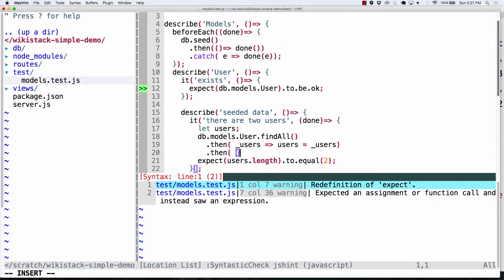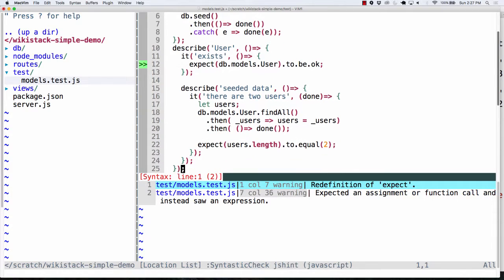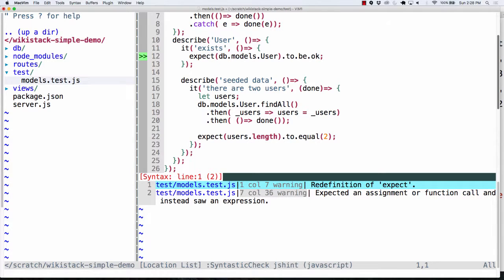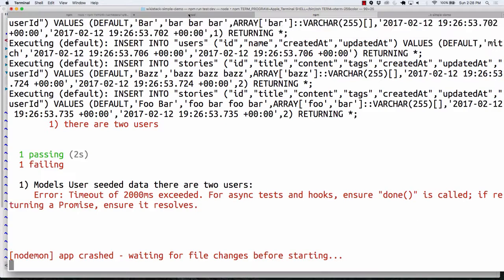And then I'll separate this out by going in here and saying, what do I expect at this point? Actually, let me do one other thing here. I'm going to put this in a before block, I think, which makes more sense. But I'm going to specify that at this point, I'm going to be done. So what should happen here is that even though the testing framework is going to encounter this line, it's not going to run it until I end up calling done up here. It's going to realize there's an expectation, but it's not going to run it yet. So if I go back here,